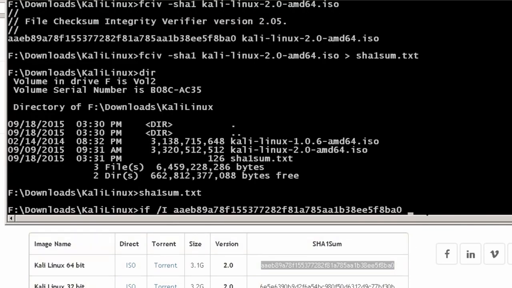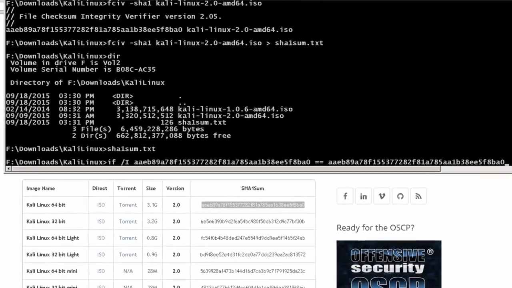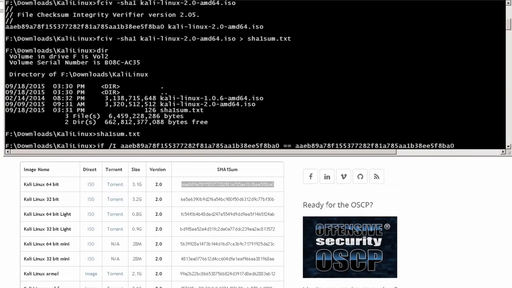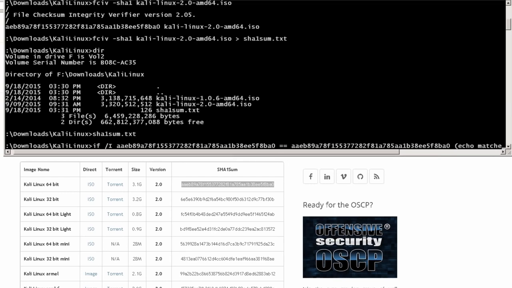Here goes my DOS prompt, and then two equal signs, equal, equal. Hit a space, paste, and this is a string comparison. What you're going to do is put in an opening parenthesis, echo, match, they match,